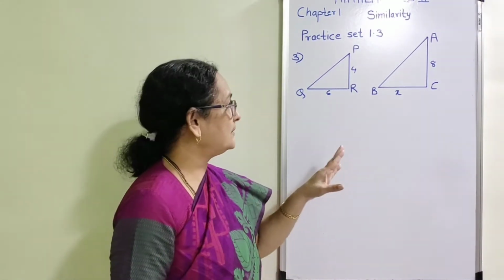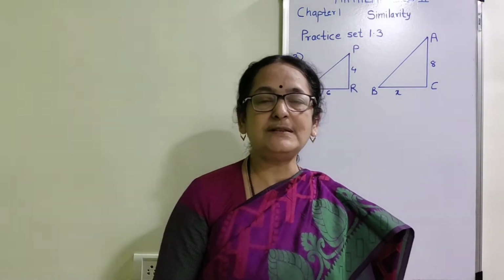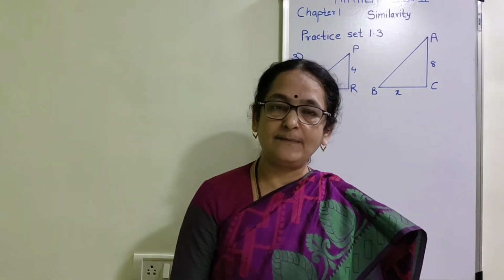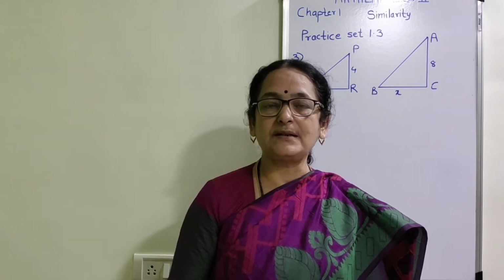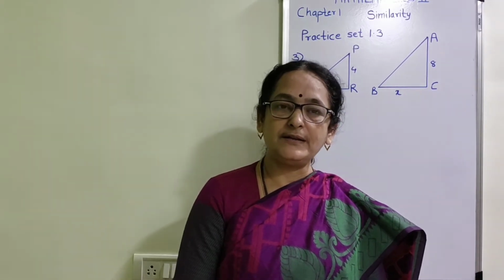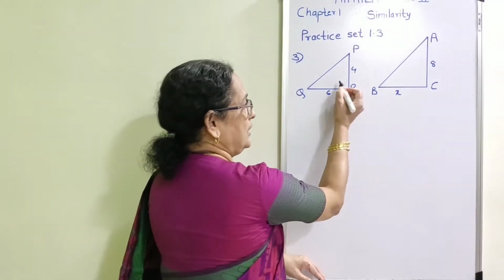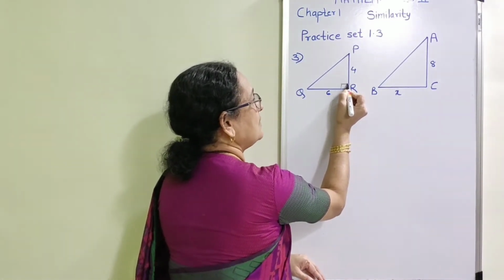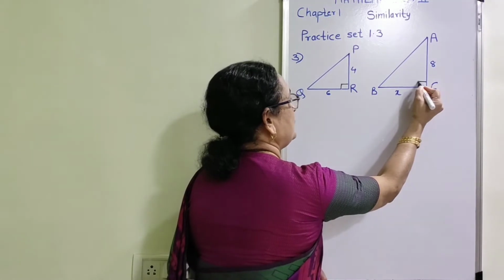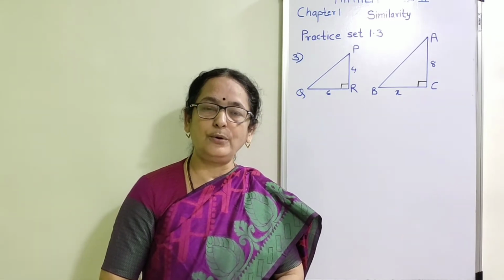Please observe the figure. First of all, the most important thing in the given example, both the poles are considered to be perpendicular to the ground. When you solve such examples, the poles are always considered to be perpendicular to the ground if it is not mentioned, but here it is given that the poles are perpendicular to the ground, and therefore in our figure I can make a sign of perpendicularity at point R as well as at point C, and therefore in both the triangles one pair of angles is congruent to each other.